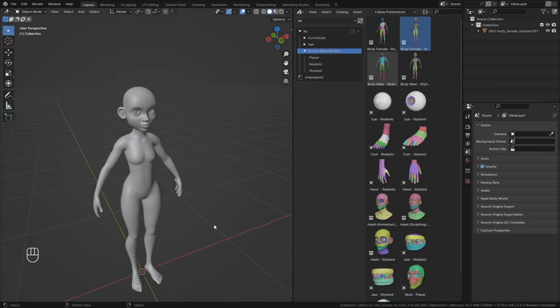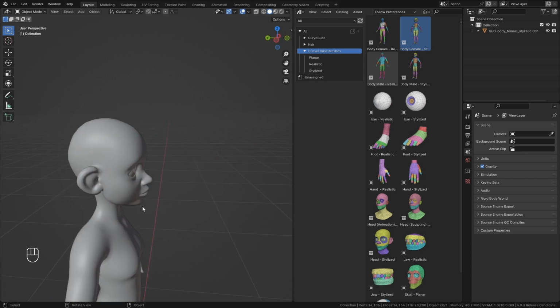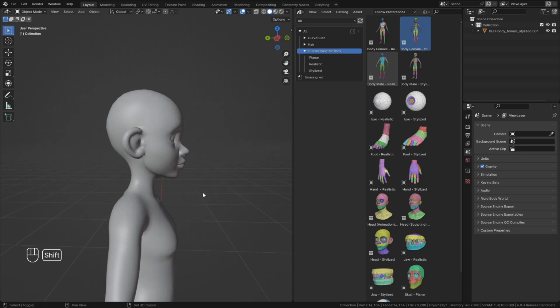In this video, we will be using CurveSuite to create hair for this character model. It will be separated into two parts, where in the first part we will be focusing on the front side of the hair, where the bangs are, and in the second half we will be focusing on the back side of the hair. For both of these halves, we will be using different workflows, so we will be using different